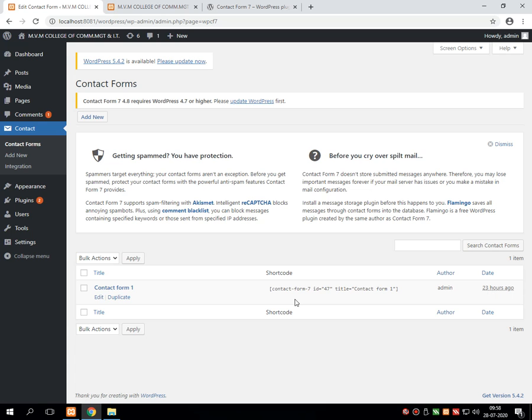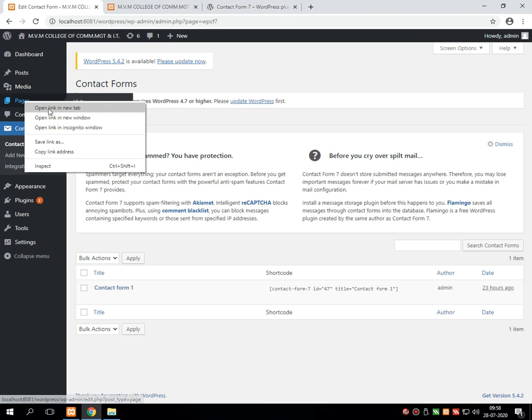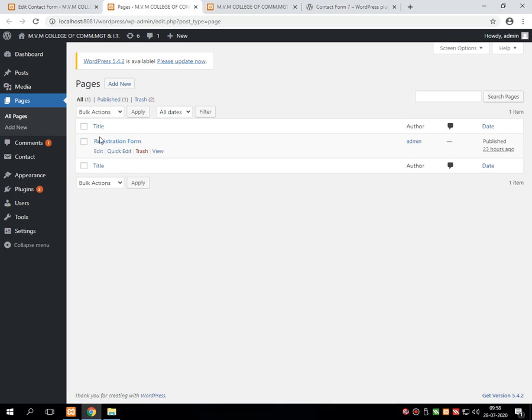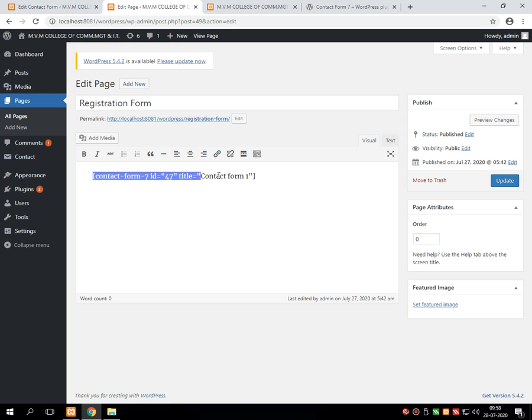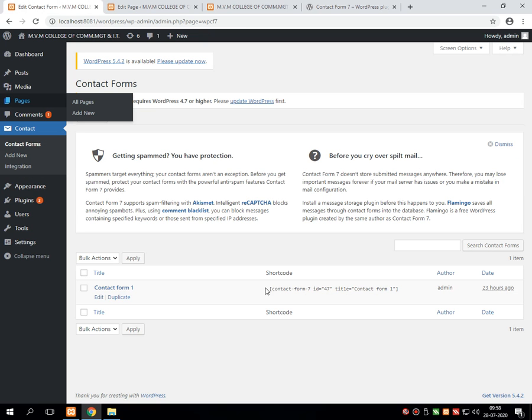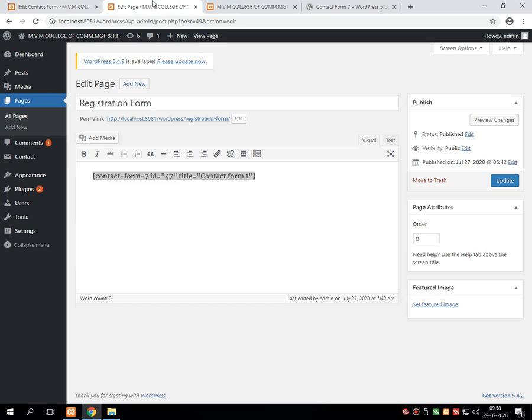Then I started using that plugin by creating a new page. In the page section, I created a new page which is given the name registration form. In the registration form and its description, I pasted the shortcode of that particular form by just copying over here and pasting over here, and then I published this page.